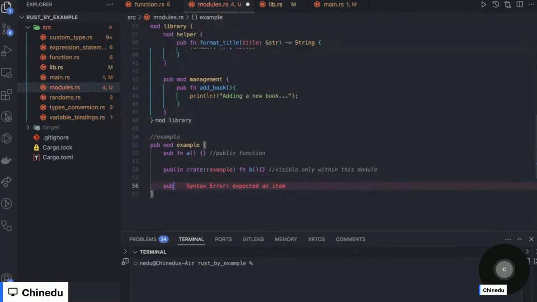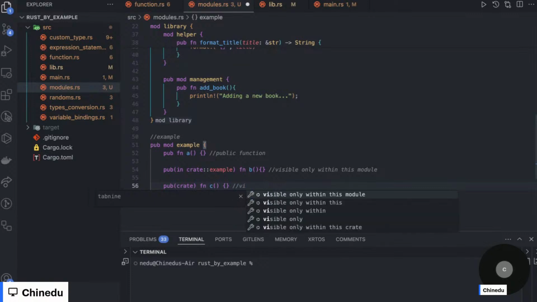Then if we have something like this, let's say pub, we have create, right? And in there we have another function called C, right? So this C function is visible to the entire crate, right? So say visible